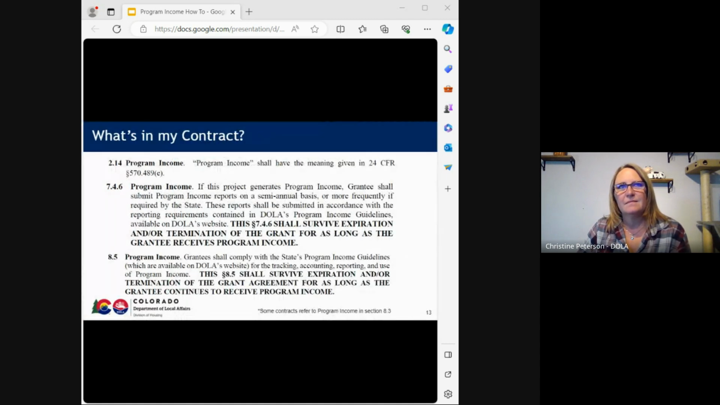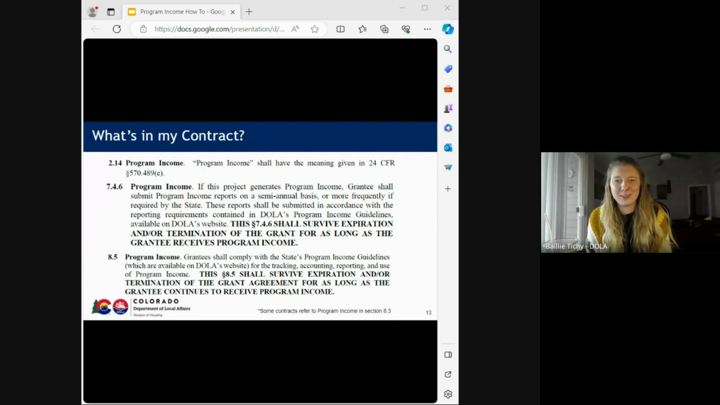All right, what's in your contract? So the program income is defined in the contract, and then there's going to be basically just a couple of points in the contract regarding program income. The biggest thing is that it really does point you back to those program guidelines, and that's intentional. And so, again, keeping in mind they are going to be updated, probably next year, but your contract will very likely, if you have a PI question, lead you back to the